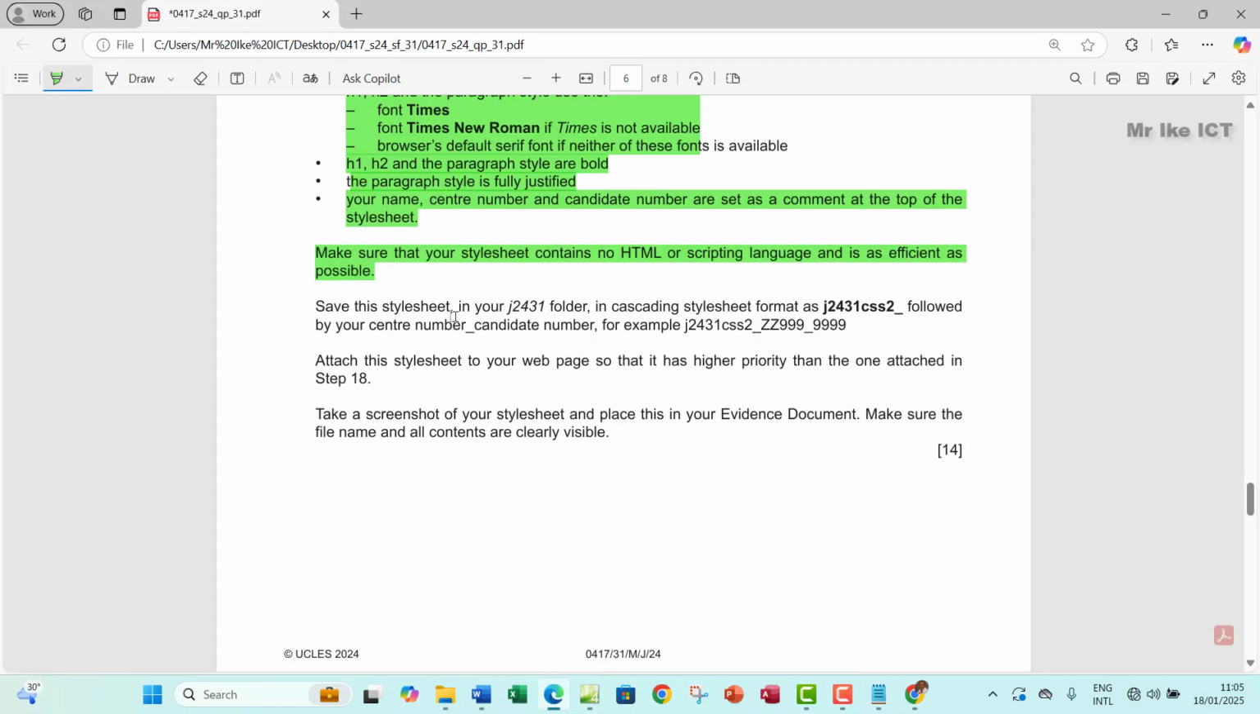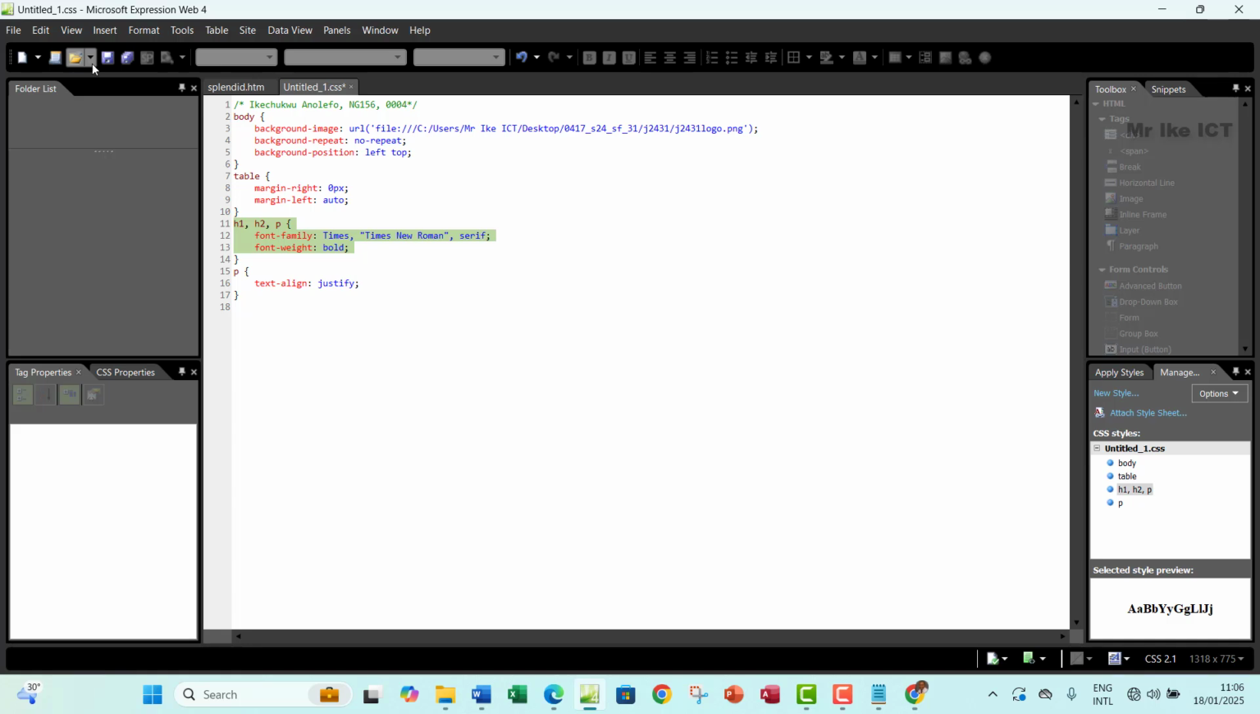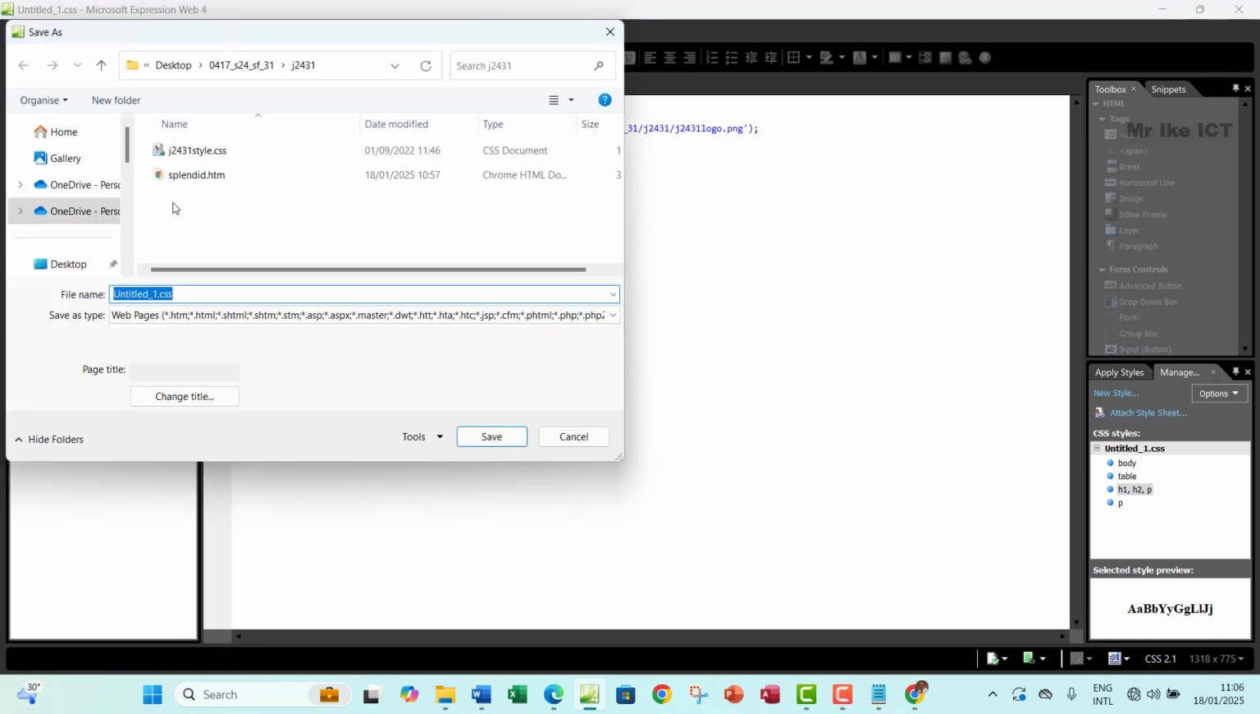Save this style sheet in your J2431 folder in cascading style sheet, which is CSS format, as J2431 CSS2 underscore followed by your center number underscore candidate number, for example this. Okay, so let's go do that. Let's go save it. We're already in the J2431 folder, so you want to save it with this name,